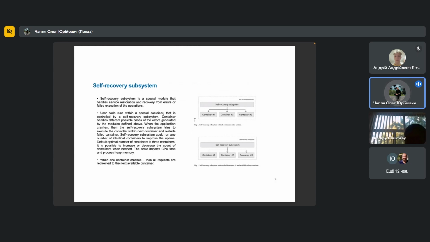The main approach for it is to create a specific part within one project, within a framework, a special subsystem. This is a model which will containerize the source code, the user code, and then catch and handle all errors. And if one container can't work normally or crashes,